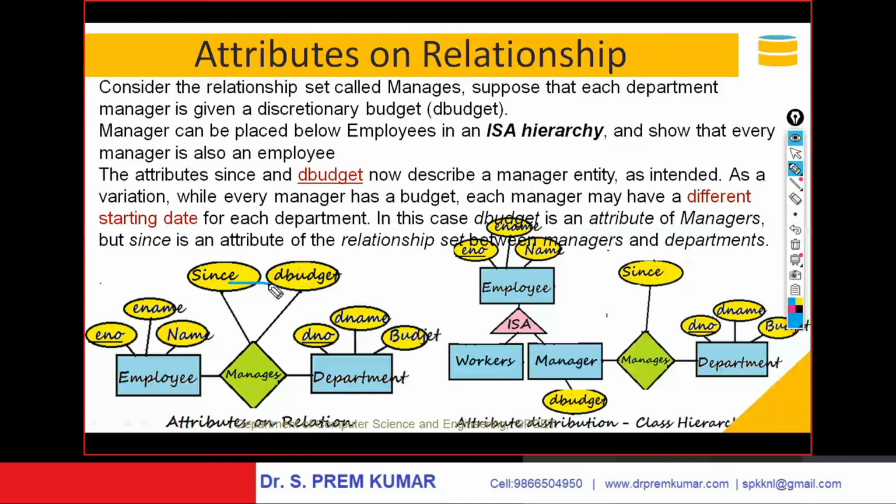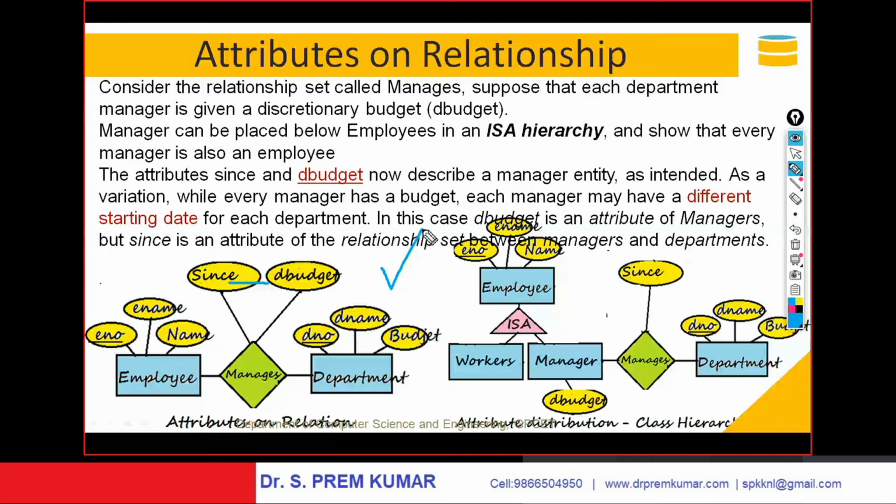I had drawn an ER diagram like this. Employees are working for the departments. And some budget is given, and they need to spend this budget for the departments. These employees should spend this budget from so and so date for the welfare of the department. This is the diagram. Of course, this is a right diagram. But to be precise,